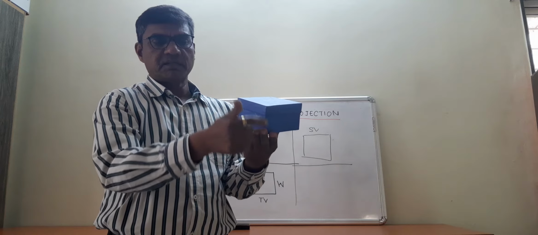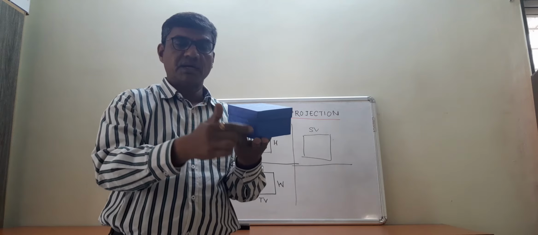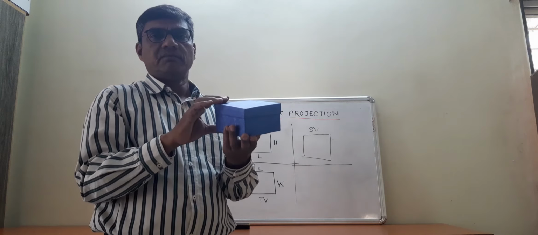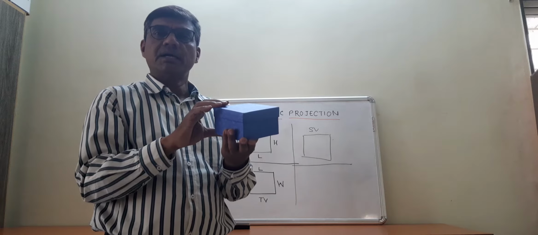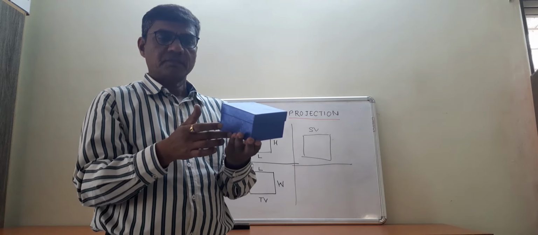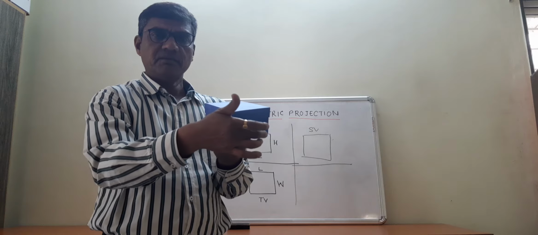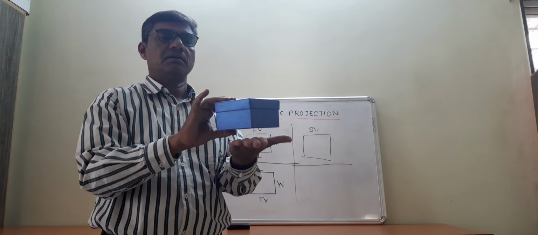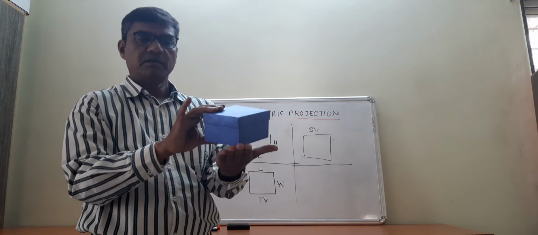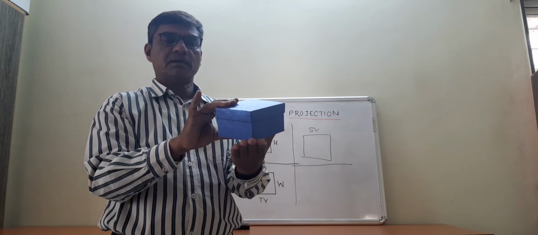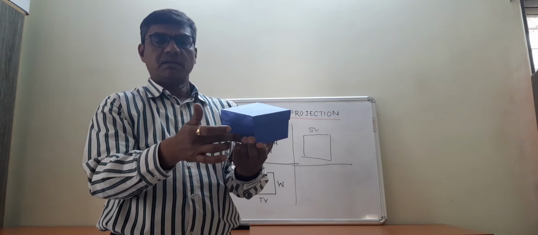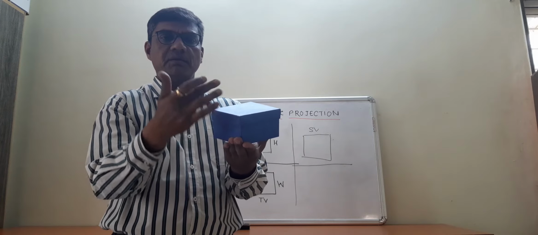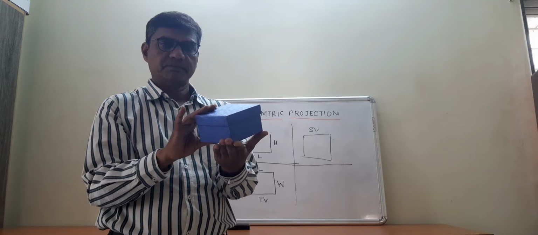And the third line, which is at the center, which will be seen as a vertical line coming out from the origin, that line will be representing height of the object. So length, height and width. Or if you are holding this cuboid in this way, then under this position, this will be the width of the object, this will be the length of the object, and this will give me height of the object.